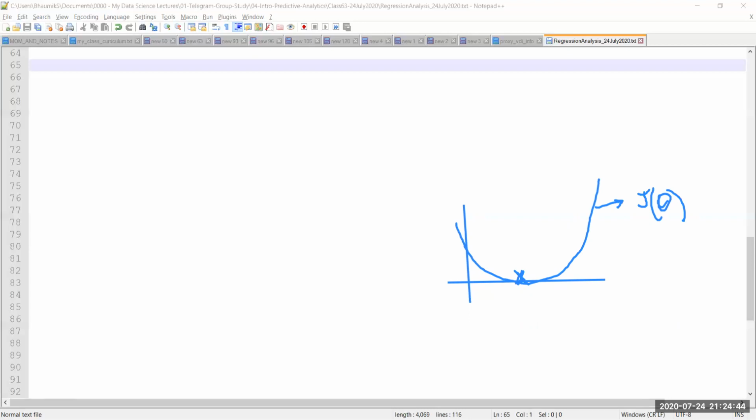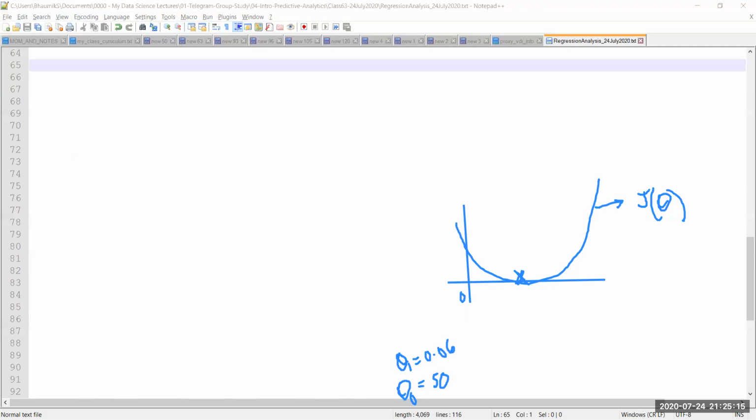I may not be reaching a value which is 0. That is too much to expect. But if I can at least reach some value, then it will be very good. Let's say I reach some value where theta 1 is equal to 0.06. Let's say this is just a dummy number. And obviously in real life, theta 0 might not be equal to 0. So even if you don't have a flat, you have to pay some amount. I will explain why.